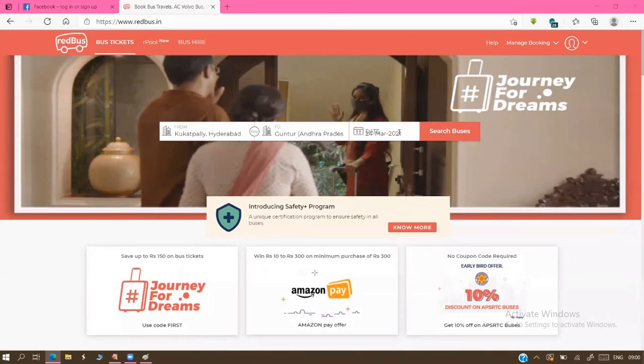So we entered three details here. Observe now: from station Hyderabad to station Guntur, date of journey 24th March.